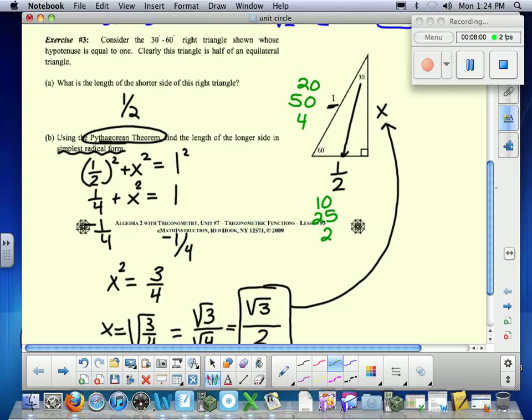So, if this is 20 and this side is 10, then this side will be 10 square roots of 3/2, or 5 square roots of 3. If this side is 50, the hypotenuse, the side opposite the 30 degrees is 25, then this side length will be 25 square roots of 3/2. If the hypotenuse is 4, and the side opposite the 30-degree angle is 2, then this side will be 2